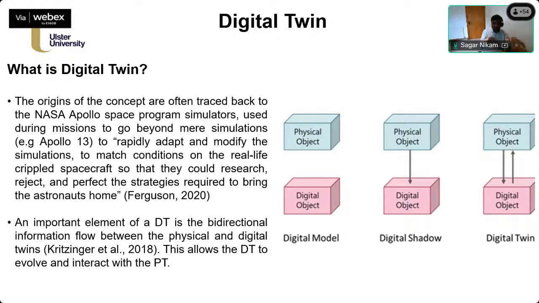So the digital model and the physical model behave in the same way, but the digital model will not send any controlling messages back to the physical one. For example, if it's doing a pick and place task in a wrong way, and I want to send a controlling message back to the physical object, that will not be sent. So this is one-directional information. That's called a digital shadow, which is why I call it a partial digital twin.